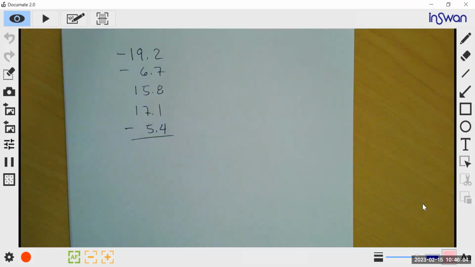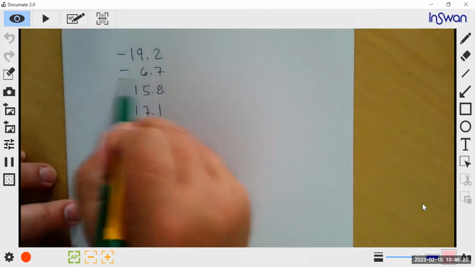Since this equation is only a bunch of addition and subtractions, we could do it in 2 parts. Let's take all of the negatives